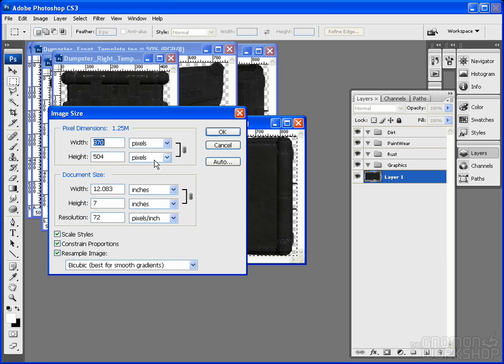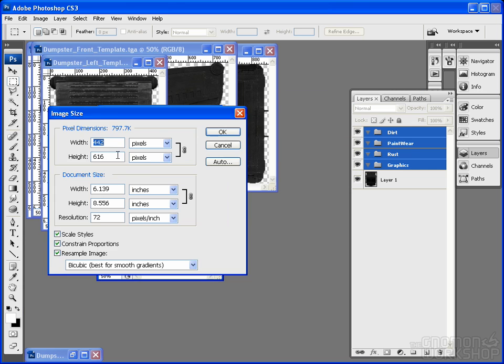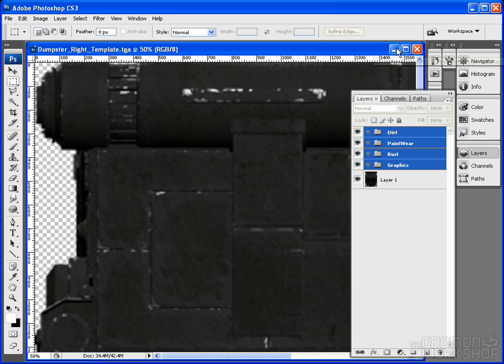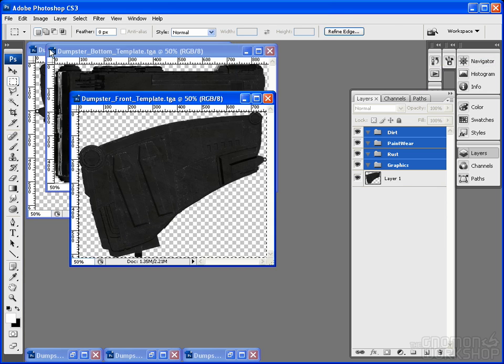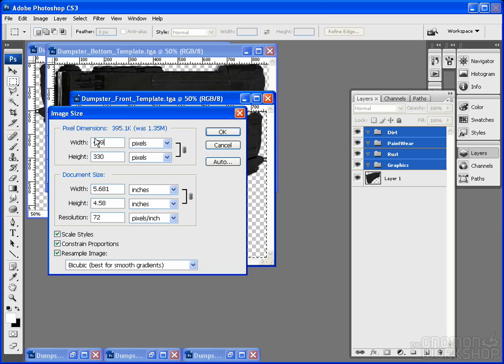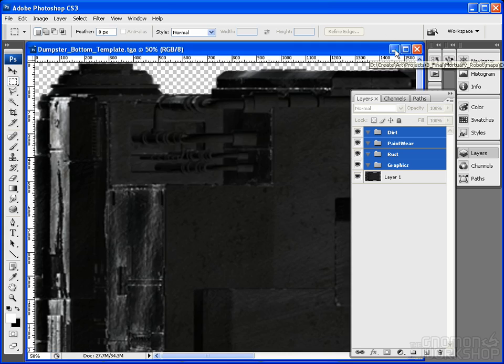Okay, there we go. So now I'm going to change these to be much larger size, about 4K each. And once again, as I said before, what I generally tend to do is I tend to have Photoshop files that are huge, like 4 to 8K. And then when I take a specific texture and bring it into Max, I'll generally bring in maybe a 2K